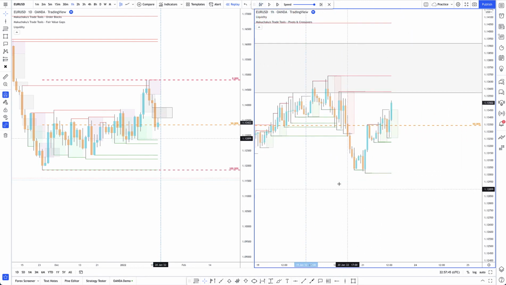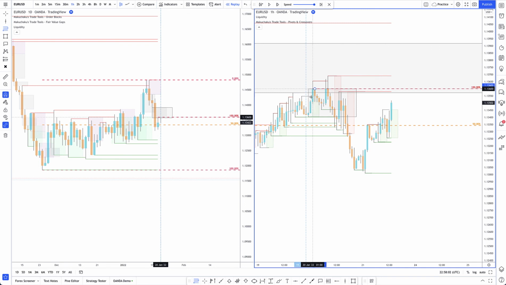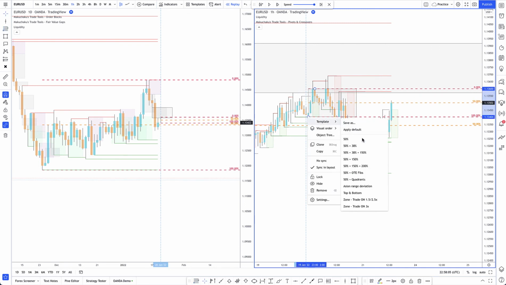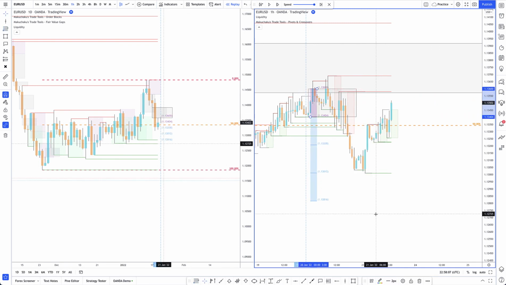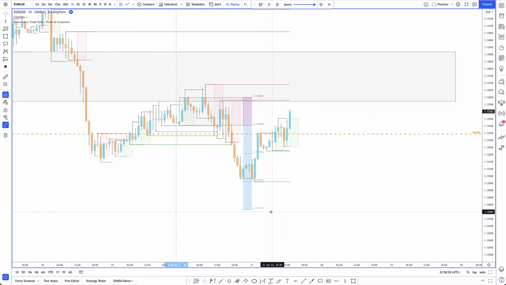As you can see, the signal that would have come was this one. You would have drawn your zone, taken an entry, and this was a clear, I think it was a 2-hour win. It was a very clear 2-hour win. So you can see, I'll just make this one bigger. On the lower time frame,